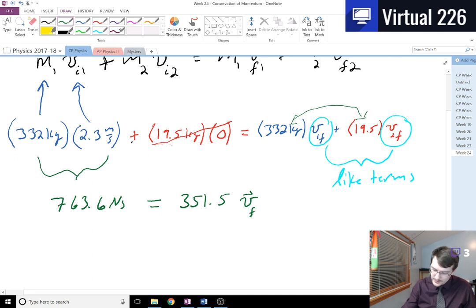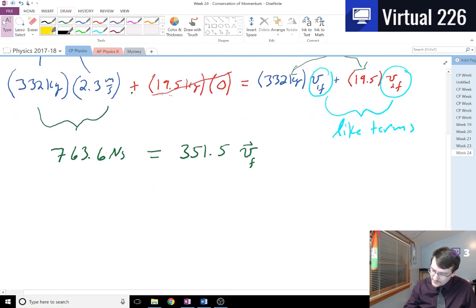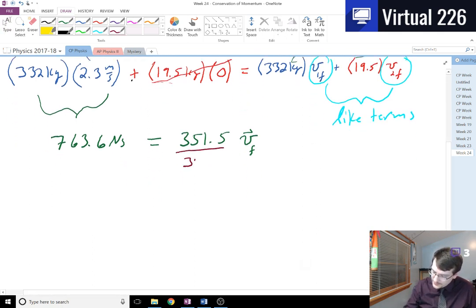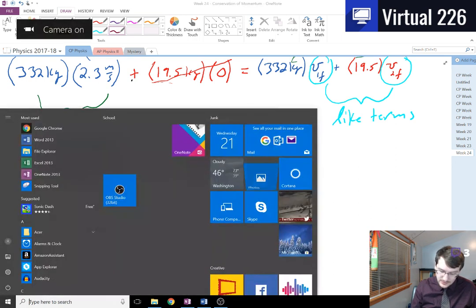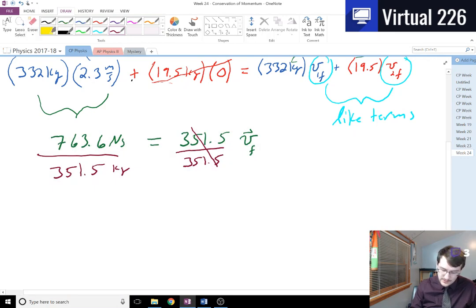If we play a little bit of division here at this point, divide by 351.5, divide by 351.5, that's actually kilograms by the way, we end up getting 763.6 divided by 351.5. That gives us a final velocity here for our shark scuba tank combo of 2.17 meters